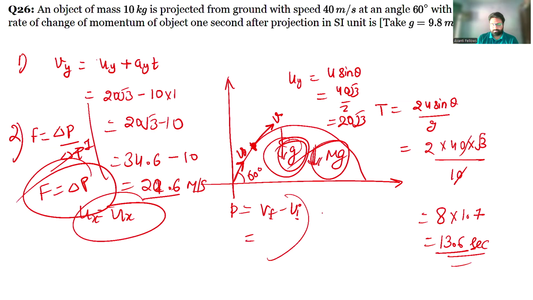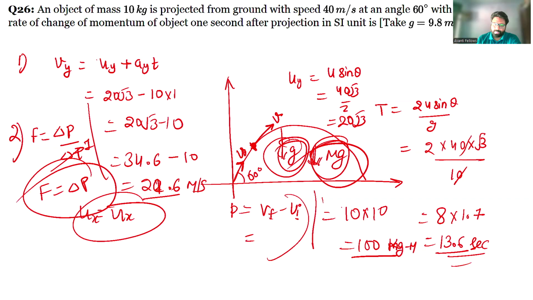So you can say that the rate of change of momentum is nothing but mg, and m is 10 and g is also 10, so it is coming out to be 100 kilogram meter per second squared. Okay,